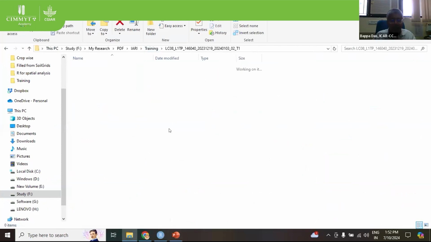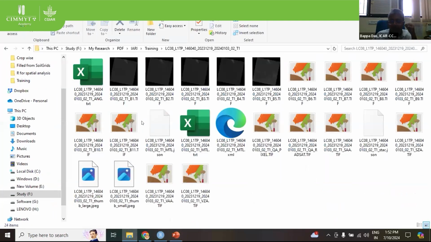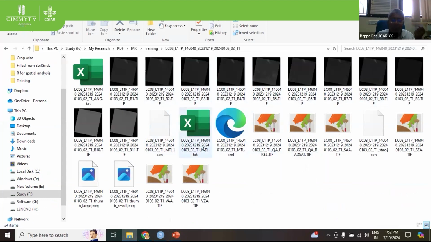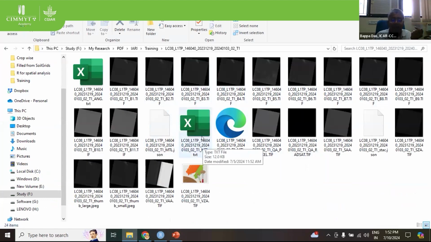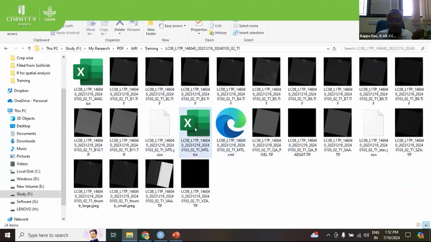And I have provided one data also, that Landsat 8 data I have provided in the folder, because this is around 1 GB data. So if I download now, it will take some time. So already I have downloaded and provided the data in the folder. Okay, and as I was telling you that when you are downloading the data, there will be one metadata file